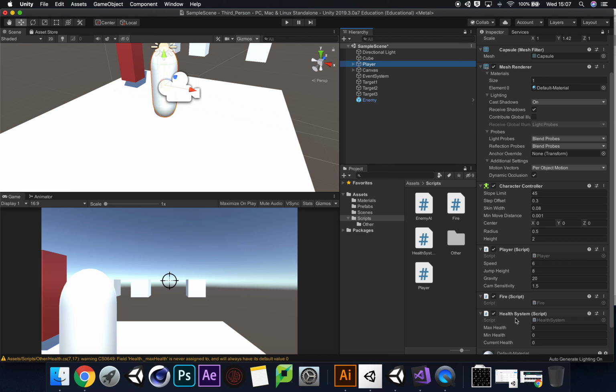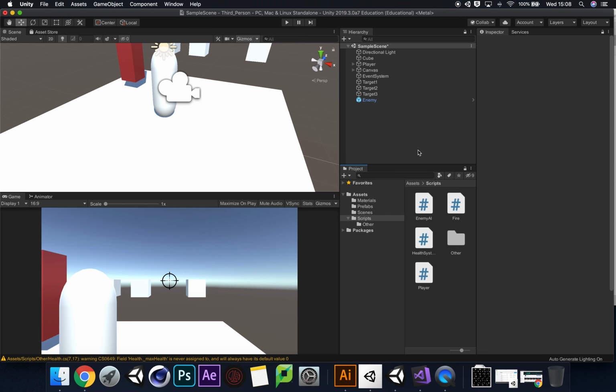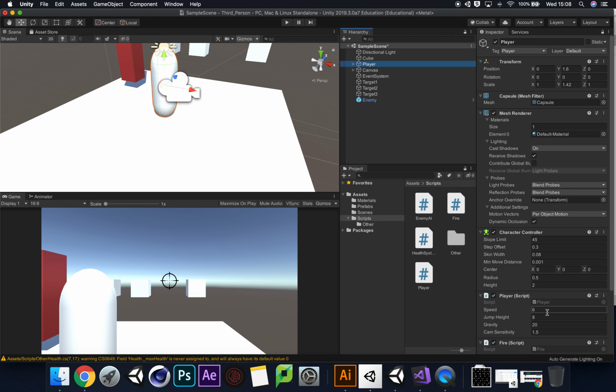So if we look at our max health, let's create our max health. Let's just say, what did I say earlier? 200. That's fine. And our minimum health is 1. That's fine. Because we put our script in, we can get these talking to each other. We'll do this as a step-by-step process so you can understand what we're trying to do. So if I've got my max health at 200, minimum health at 1, and within the script, I've said at start, current health is equal to max health,